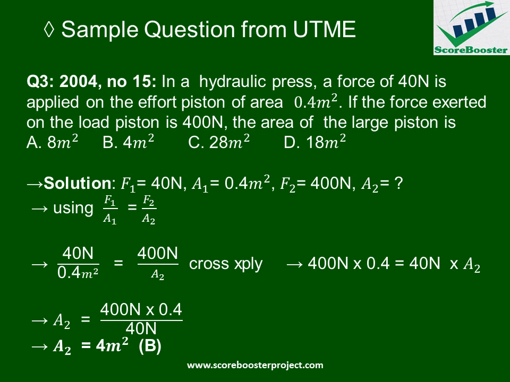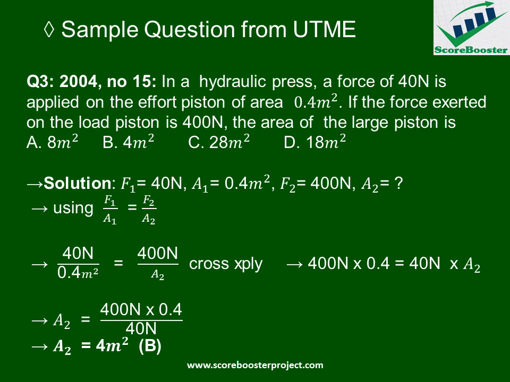Also, the pressure of the load will be equal to pressure on the effort. So therefore the pressure of the effort, which can be expressed as force of the effort over area of the effort, that is F1 over A1, will be equal to pressure of the load, which is F2, the force of the load, over area of the load, which is A2. So in substituting for this, our F1 is 40 Newton over A1, which is 0.4 meters square, equals